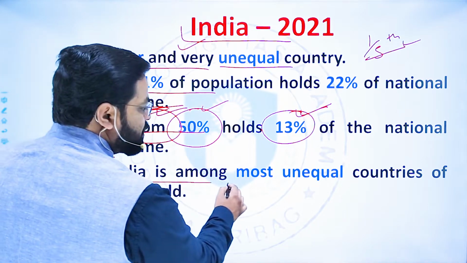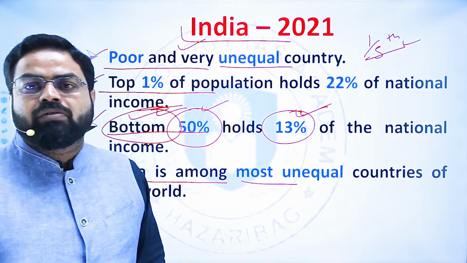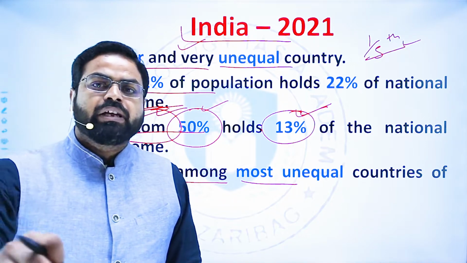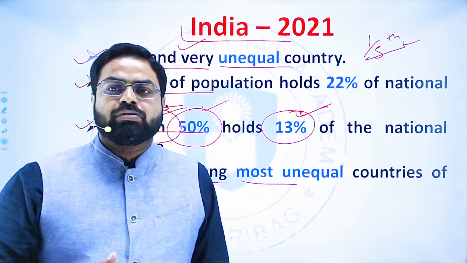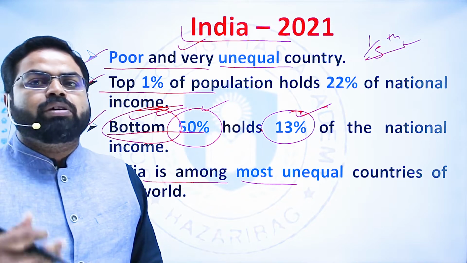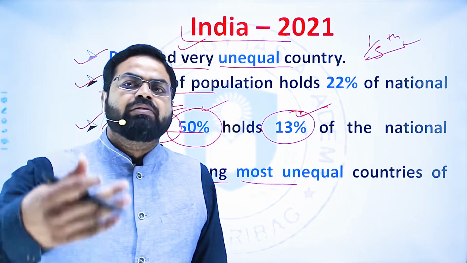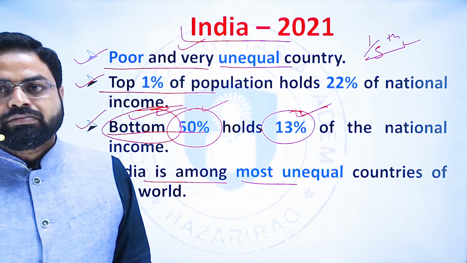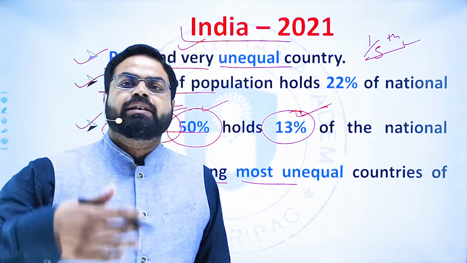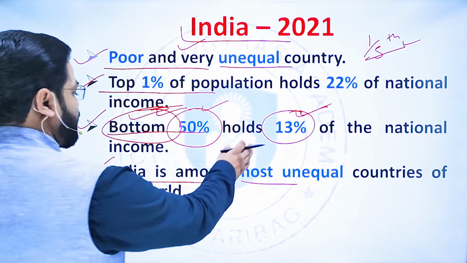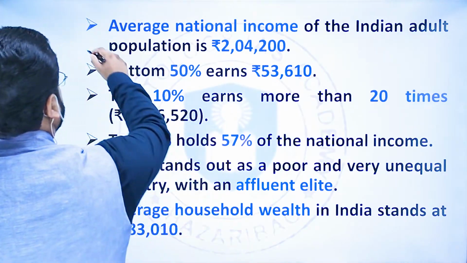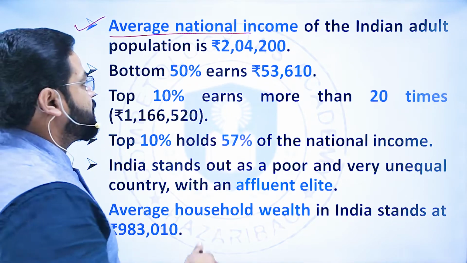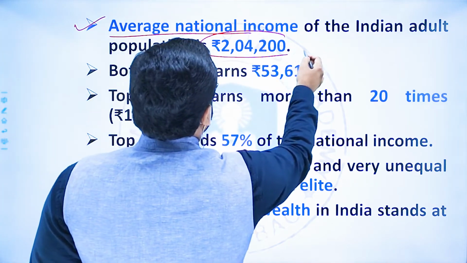And India is among the most unequal countries of the world. There are various countries in the world which have a very high inequality level. If we talk about the United States, Brazil, various European countries, then inequality is very high in those countries also. But among them also, India has the highest level of inequality. And if we talk about the average national income of Indian adults, then the average national income of the adult population is